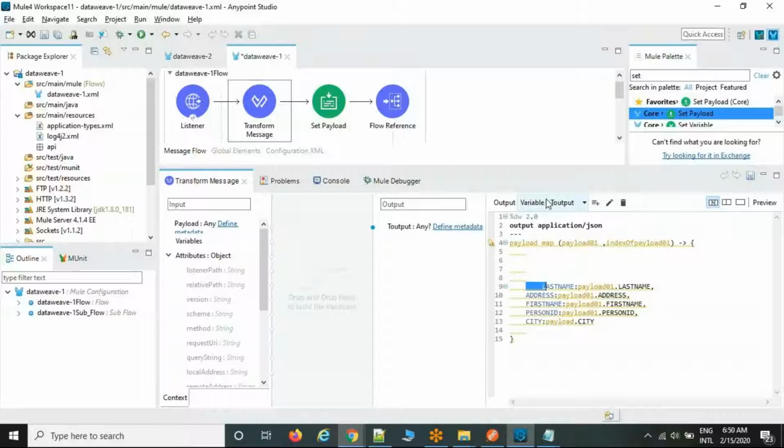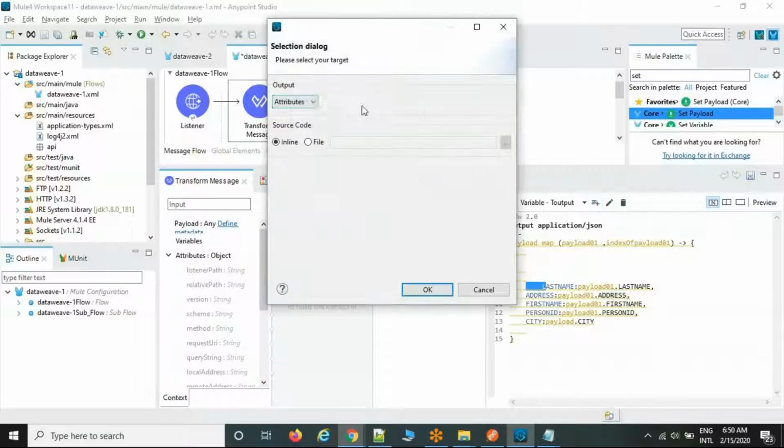To avoid the overriding mechanism, there is a concept called variable. You can create a variable and keep whatever content you want under it, so that after execution of the Transform Message, the output is stored under that variable and you can reuse it wherever you want. And there is no limit on the number of variables; it is not only one or two variables. For example, tOutput is one more variable which I created here.